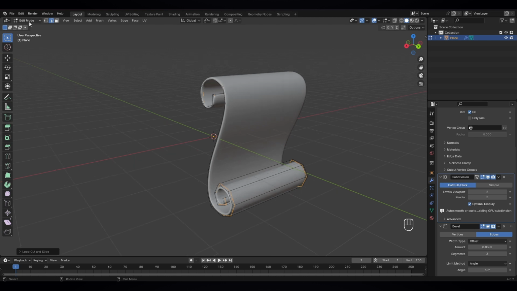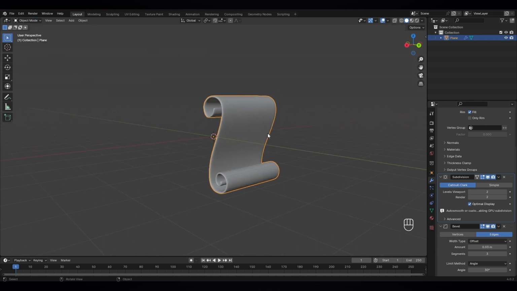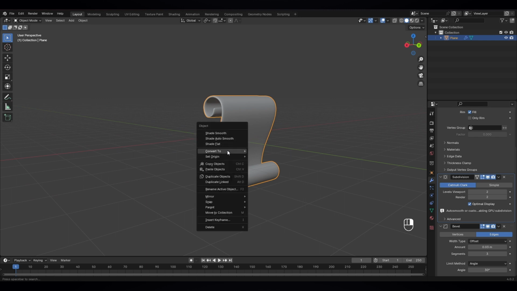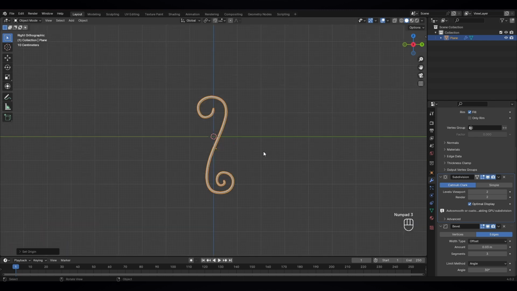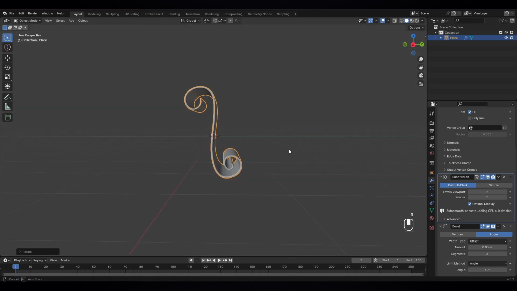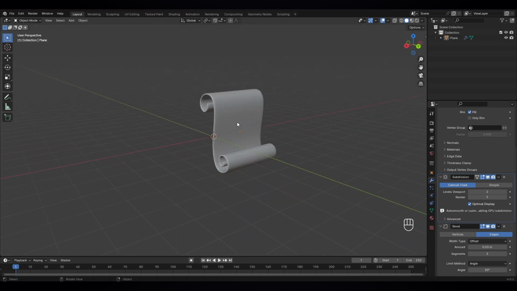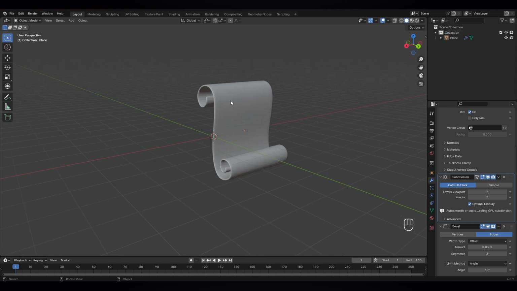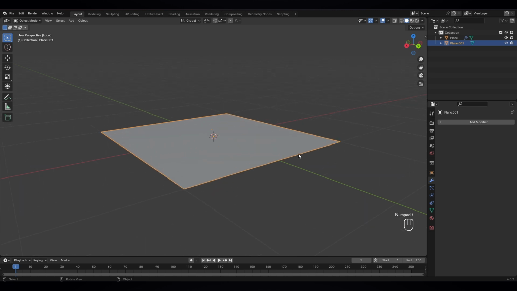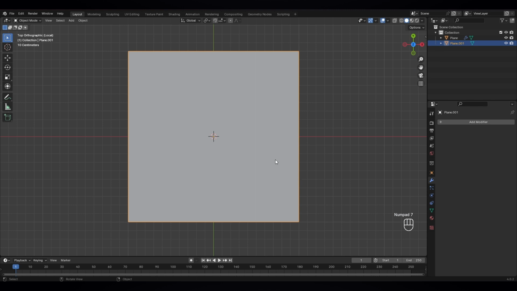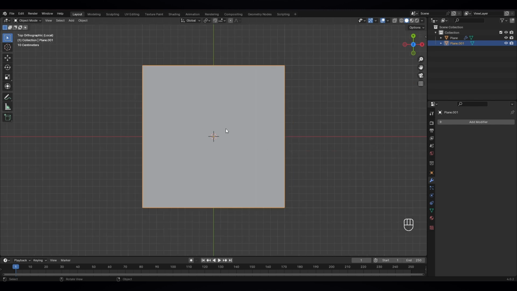Okay, now go to object mode and let's set the origin to geometry and press 3 and move it up here and just rotate it like that. Now let's give some writings on the map. So Shift A, we need plane, and just press / and press 7 to go to top view and go to edit mode,